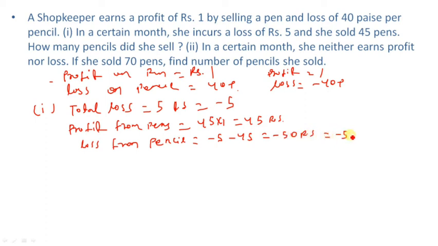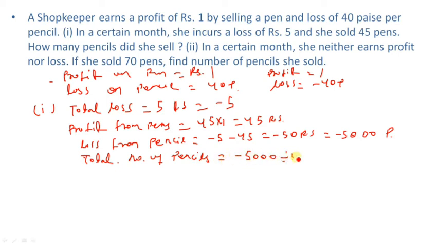Okay, minus 5,000 paisa. Now what do we need to calculate? We need to calculate how many pencils she sold. Now we know the total loss from pencil is minus 5,000 paisa and for one pencil the loss is 40 paisa. So what we need to know? Total number of pencils sold. What will be the result? Minus 5,000 divided by